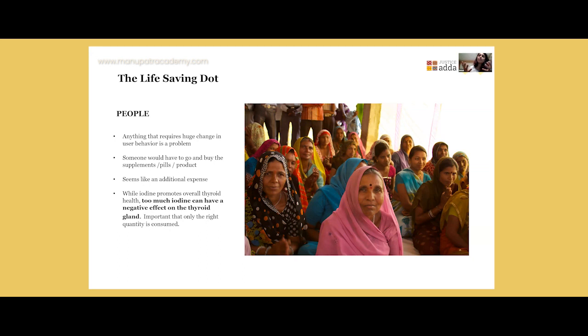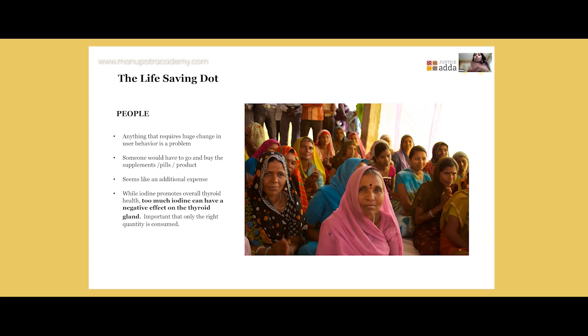Now, when we think about women in rural India, of course, you can come up with different kinds of personas, but really delving deep into the psyche of these women, one thing is that a lot of these women don't put themselves at the center of their own life. It's their families who are the center of their life. So to try and do something for themselves isn't something that comes to them naturally.